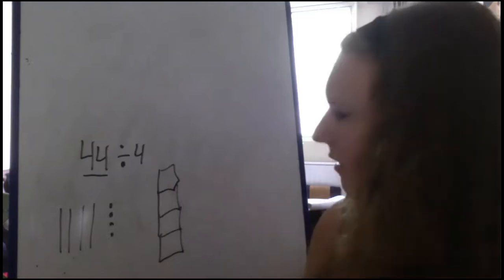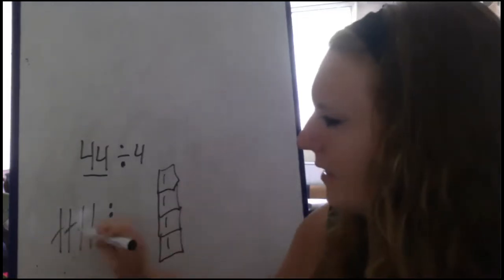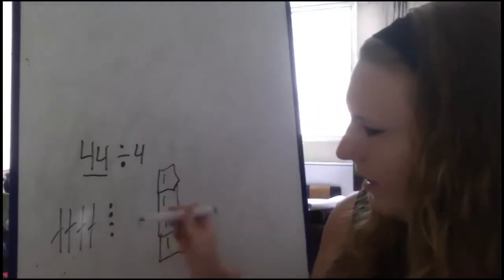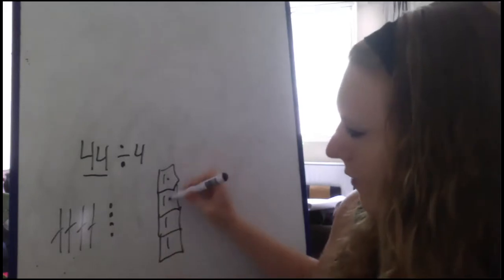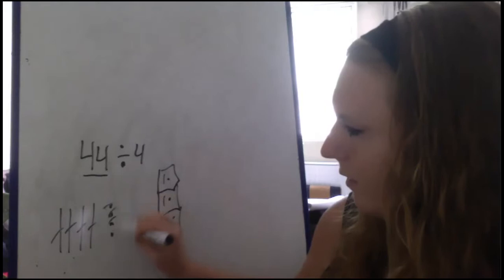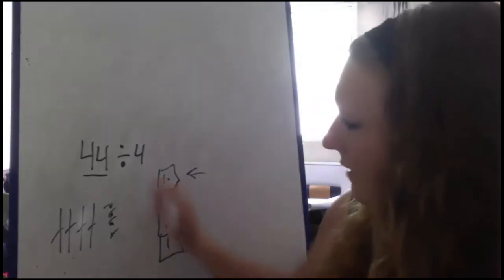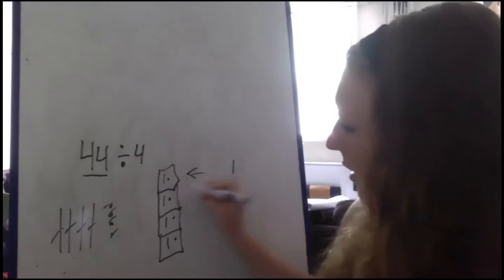So actually, that's quite straightforward. I know that in each one, there's going to be a 10. That's my 4 tens. Finished, no more tens. I look at my ones. Oh, well, that's 4 ones. So I know that each one is also going to get 1 one. Those are gone. And I didn't have to break any tens for this one or swap. So that's perfect. So I know that actually 44 divided by 4 is equal to 1 in the ones and